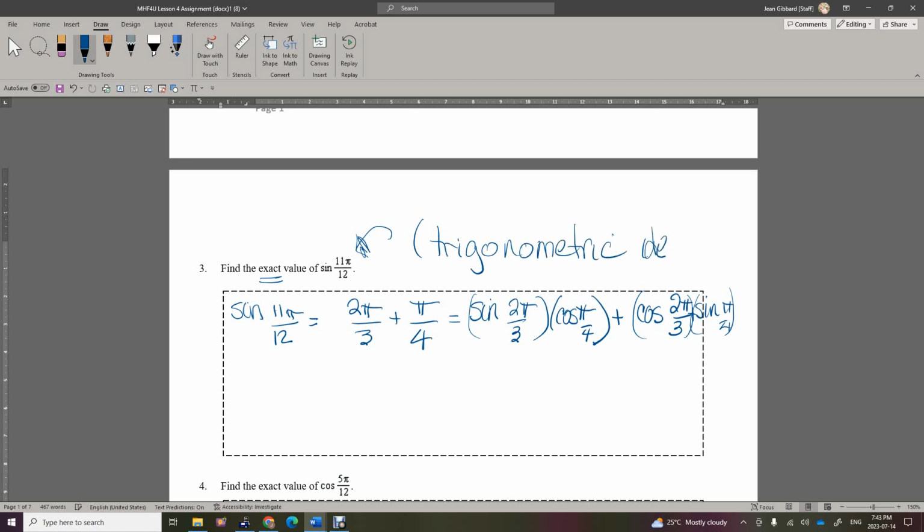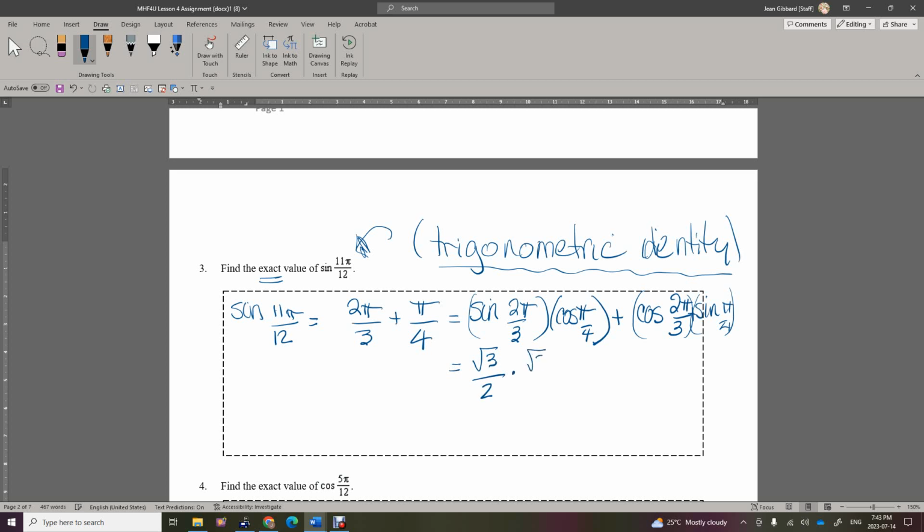And that's what this assignment is about. Now, if you have trouble finding these, send me an email and I'll upload them for you. Now, once we have that, we know that the sine of 2 pi over 3 is square root 3 over 2